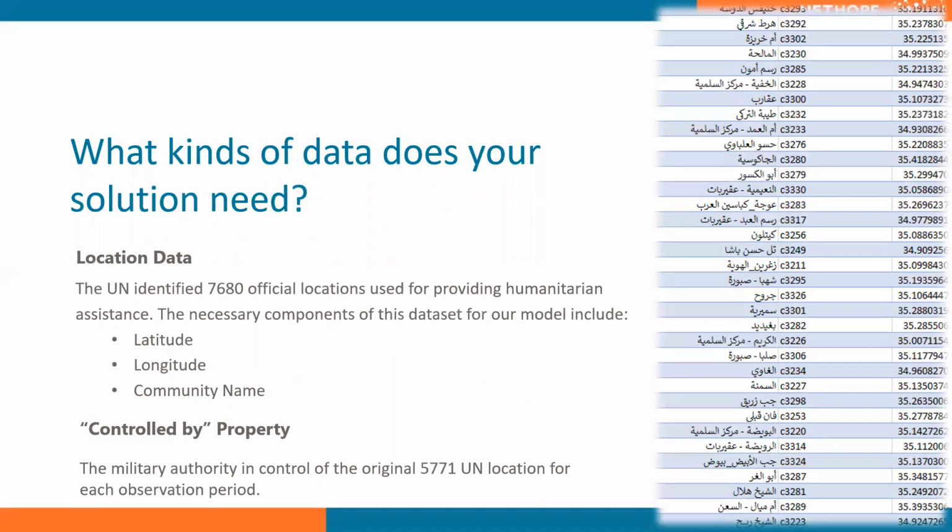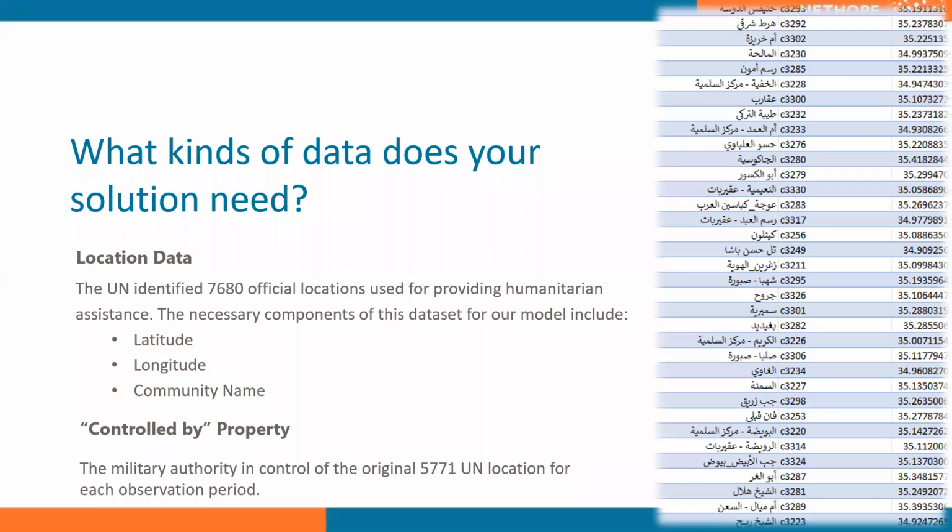So the data we needed for this approach was relatively simple, actually, because of the complete location list we only needed latitude, longitude, and the community name. These are for the locations that we were going to be infilling with the k-nearest neighbors model. And then the original 5,771 locations, which is kind of like the training set, needed to have a control by property for each period that we were going to be building a model. So ultimately, this was 59 individual models that were trained,